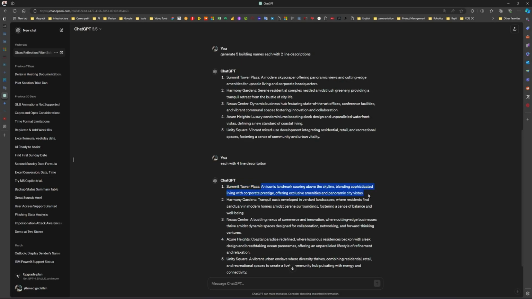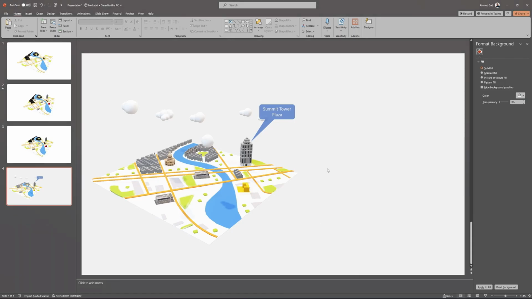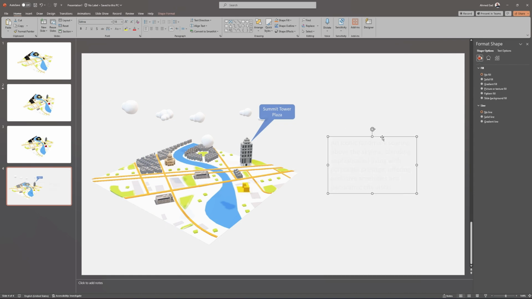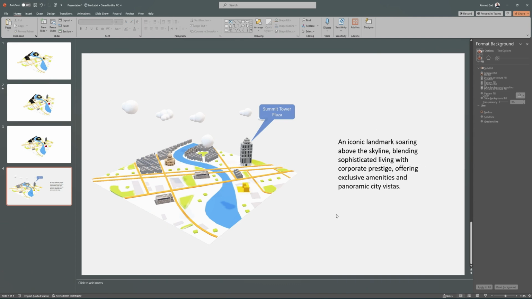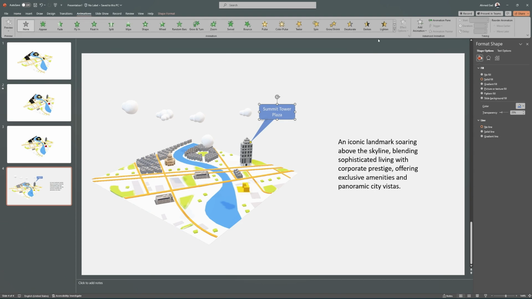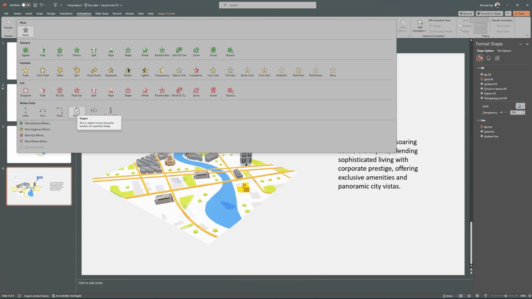Here I'm going to copy the description and put it as well in the same slide. For sure, I'll format the color of the text as well. Make sure it appears in the middle of the page. So